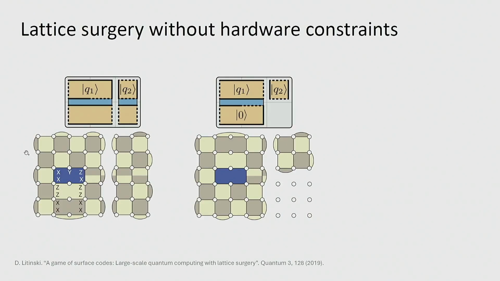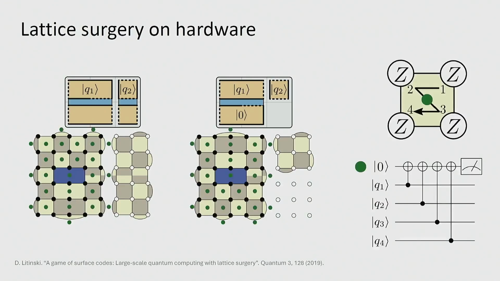We are interested in this talk in how to measure these stabilizers on hardware. The naive approach, which you probably heard a million times already in this session, but let me just recall it, is to appoint an auxiliary qubit, a green one, on each stabilizer plaquette, and then specify a schedule, indicated here by this arrow and these numbers. That schedule specifies a syndrome extraction circuit like this, where each number denotes the layer where we execute the entangling layer. We can use this for the twist defects and also for the elongated rectangles if we have